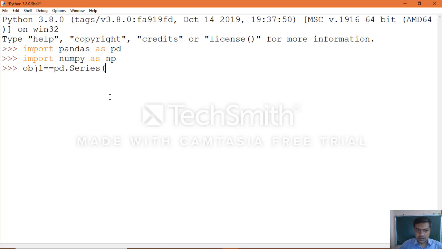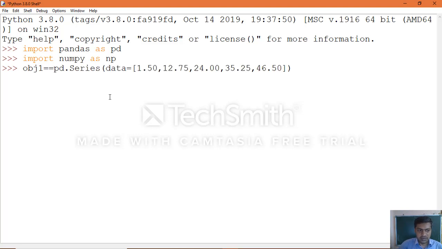Okay, we will create object obj1 equal to pd dot Series of data, and we'll keep the default index. Data is 1.50, 12.75, 24.00, 35.25, 46.50.